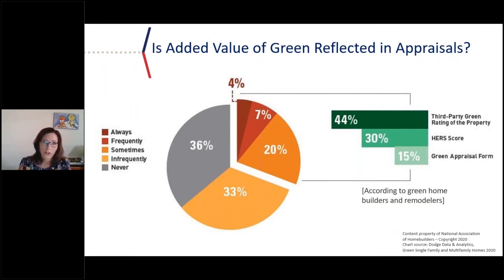Now, I had mentioned earlier the entire process, including appraisals and real estate agents, because the process of selling a home includes the designer, the builder, and the buyer, but it also includes the appraisers and the real estate agents. Reflecting the added value of a green home in an appraisal is important to help builders and developers sell green at a price that reflects the difference between the green home and a home built to code and an